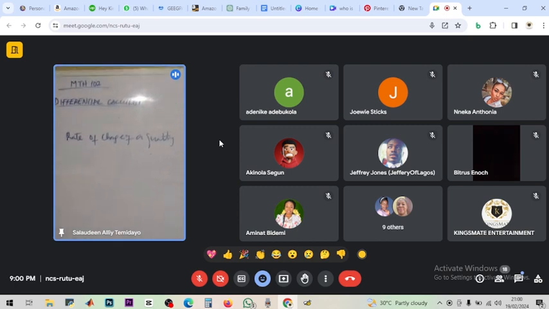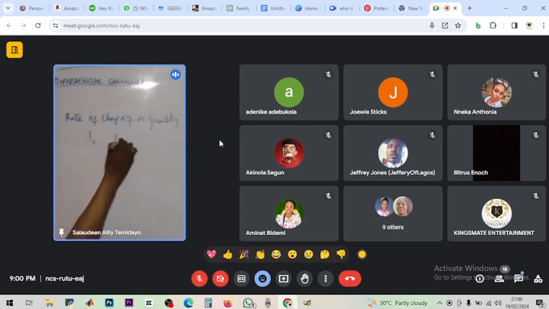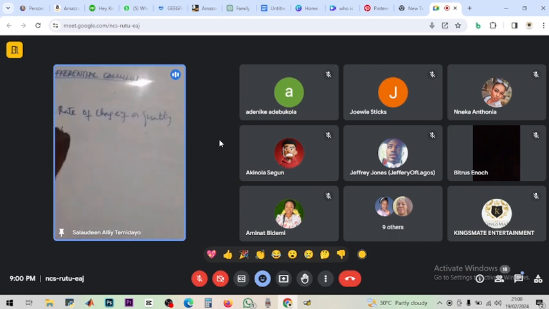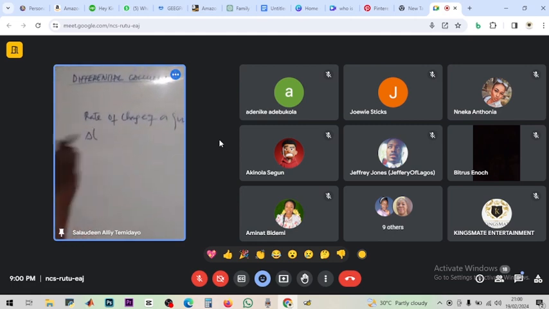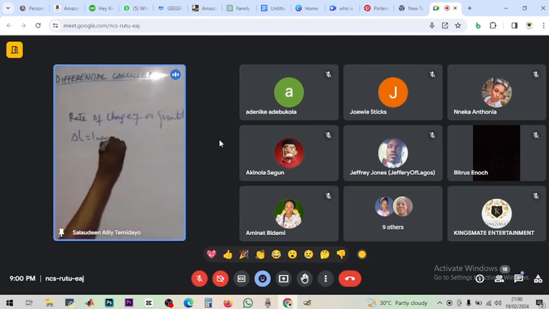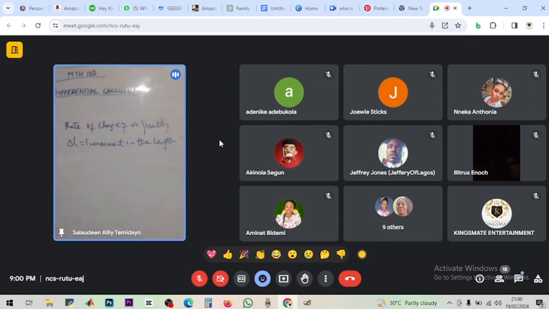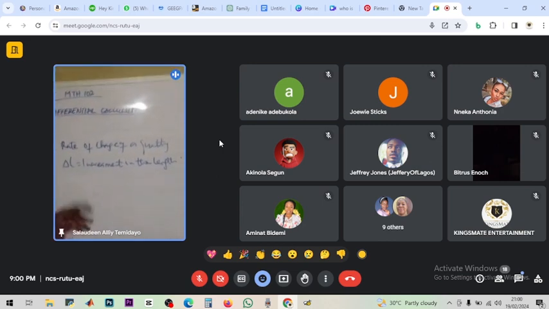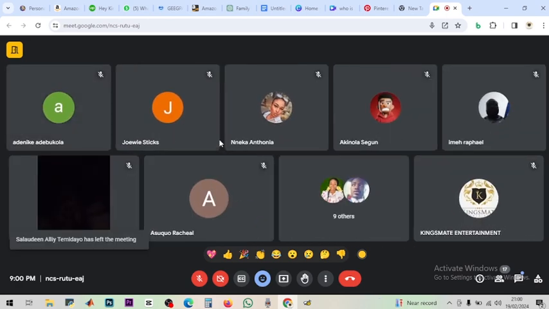Now look at the length of a material. Before, it was L1. The next length becomes L2. So the increment is known as the change, and the change is known as delta L, which equals the increment in the length of the material. Let's say the material is an iron rod. The former length of the iron rod is L1. Now, maybe after it has been heated,